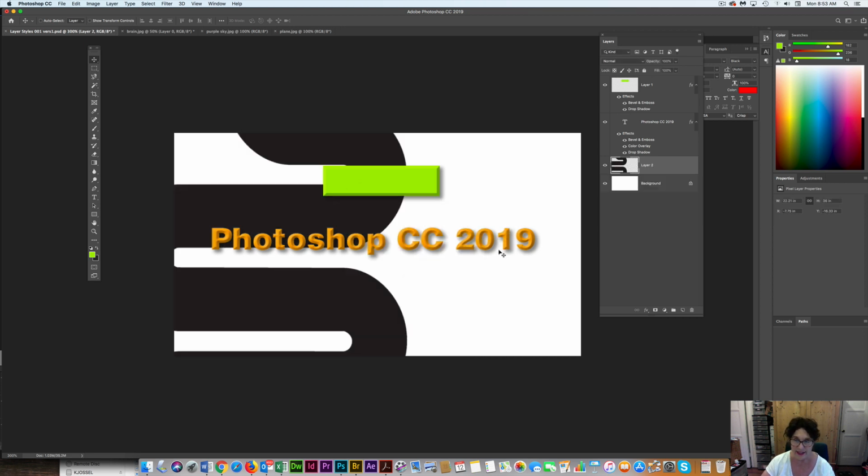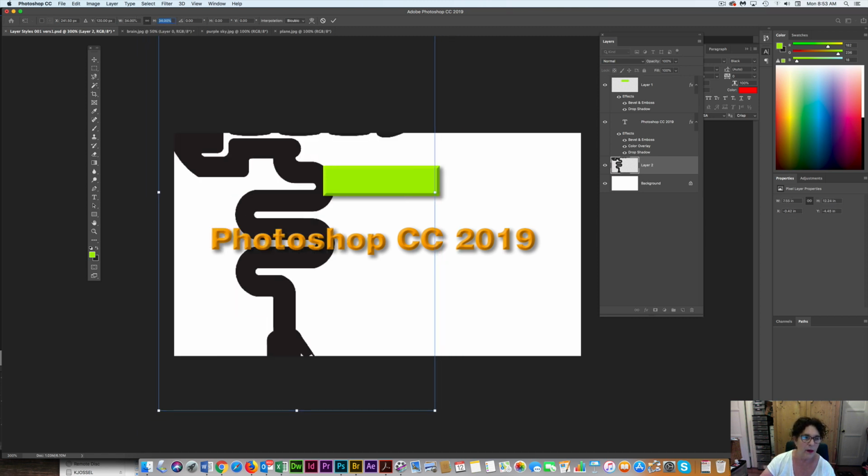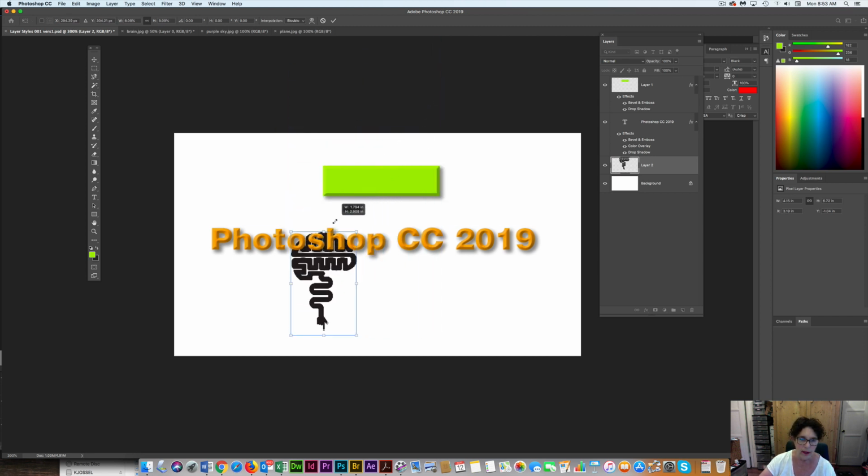It's enormous. So I'm going to free transform it. Command T. Now, because I can't see my bounding box, I'm going to go up here. It defaults apparently to locking the aspect ratio. So I'm just going to tell it to go to 40%. So it's 40%, 34%. Now I can grab a corner and I can resize it with a little more control. So I'm just going to make it small and put it under Photoshop CC and then hit the enter key